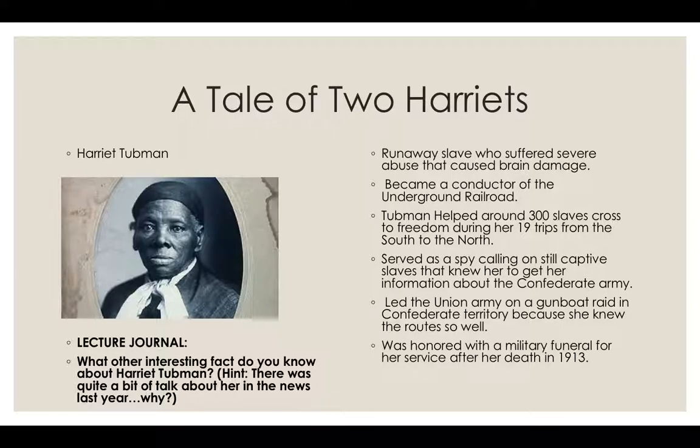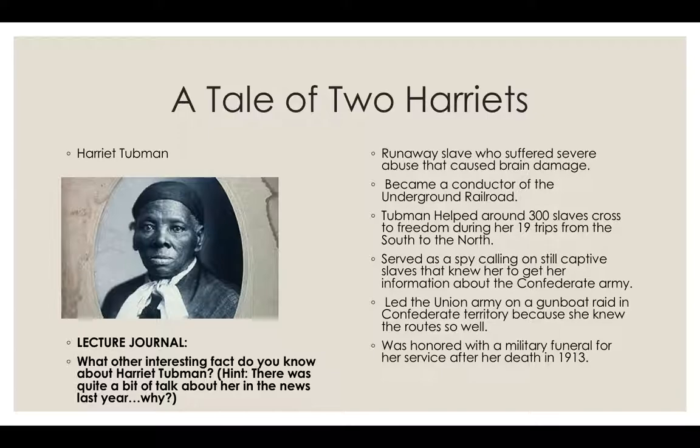Now, we know that Harriet Tubman's contributions to the Union Army were significant because a number of years later, when she finally passed away, Harriet Tubman was actually honored with a military funeral for her service. If you know of anybody who is in the military, currently serving or has served, then you probably have some idea that the military just doesn't dish out honors for no reason. They saw her as a real asset, and they honored her in her death with this special military funeral.